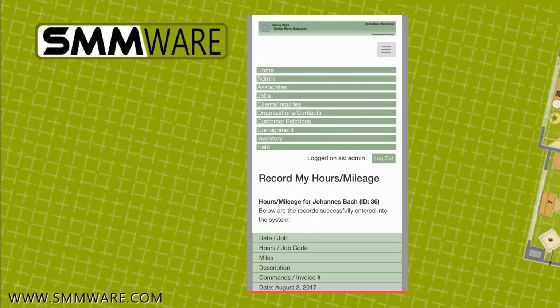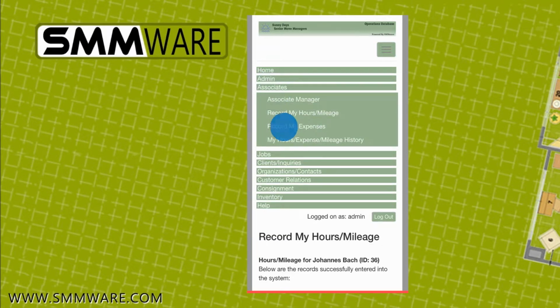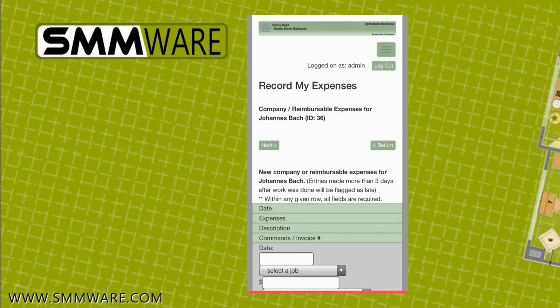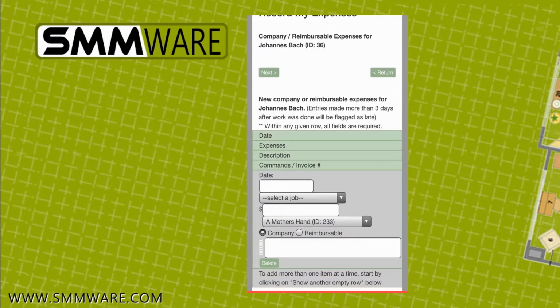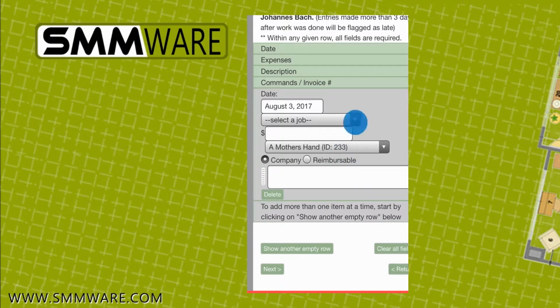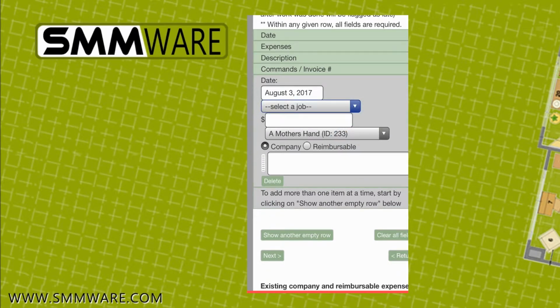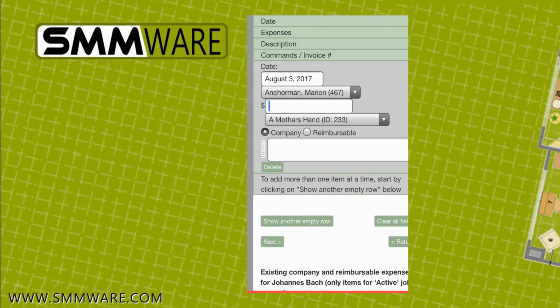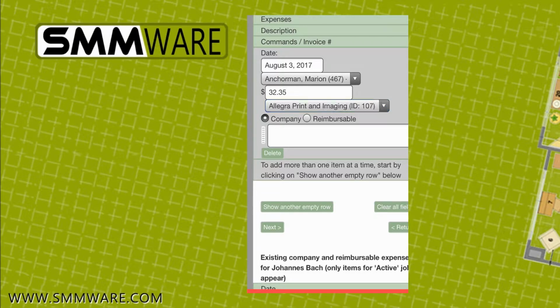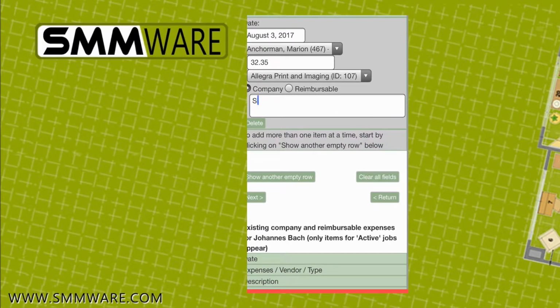Now we'll show you what it's like to record your expenses. Once again, start by selecting a date and a job. In this case, you enter the amount of money for the expense and which vendor you purchased it from. You enter a description,